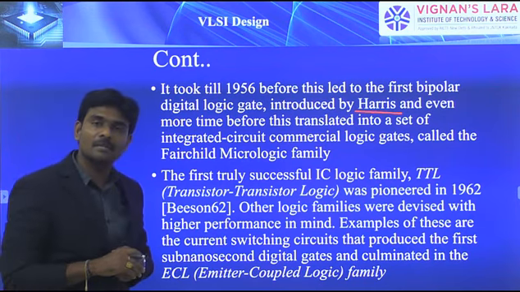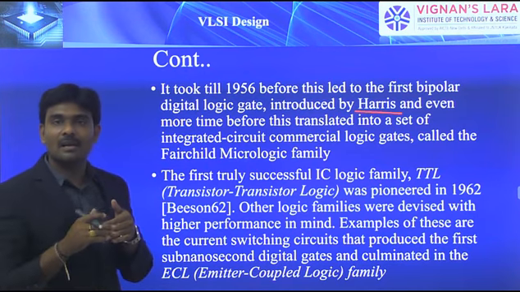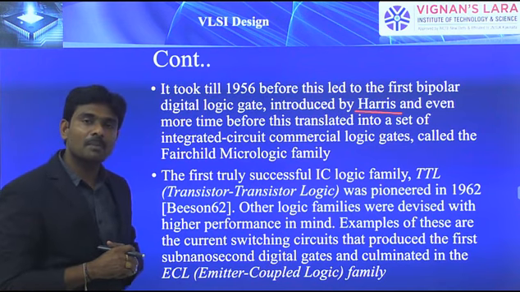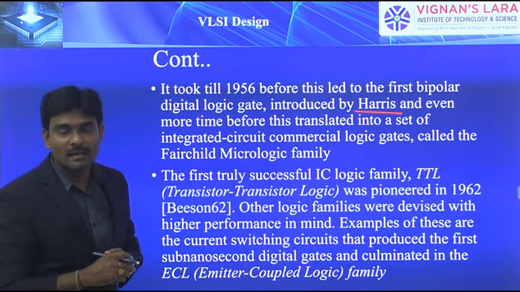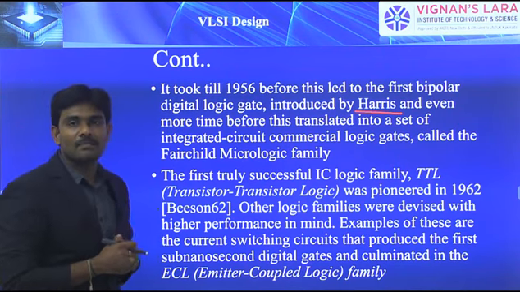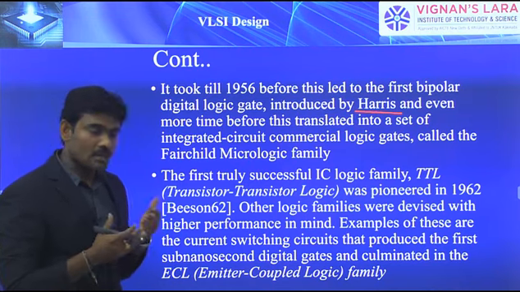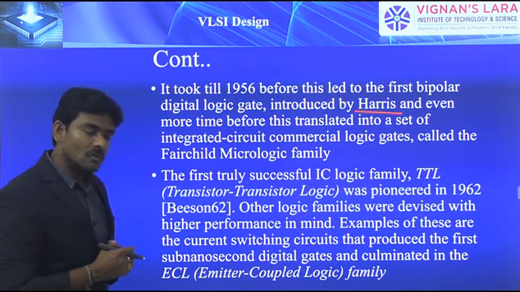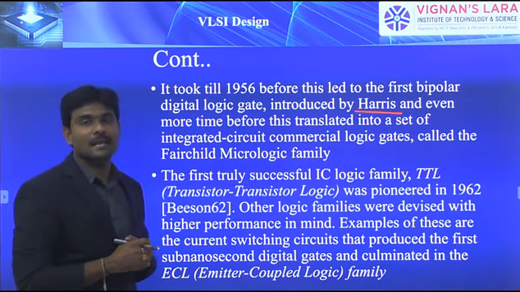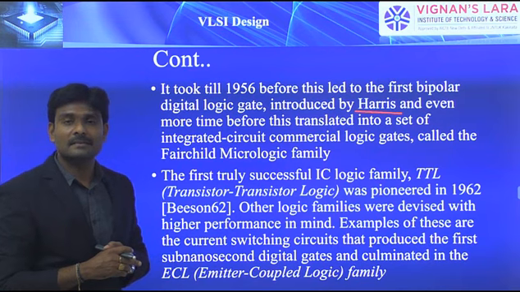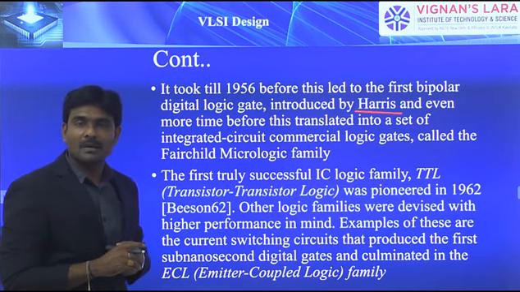Thereafter, the majority of BJT logic families were implemented in ICs. From there onwards, many logic families were developed from the realization of ICs. Some of them start from RTL, DTL, DCTL. RTL stands for resistor transistor logic. DTL, diode transistor logic. DCTL, direct coupled transistor logic. Then TTL, transistor transistor logic. ECL, emitter coupled logic. I2L, integrated injection logic, and HTL, high threshold logic.